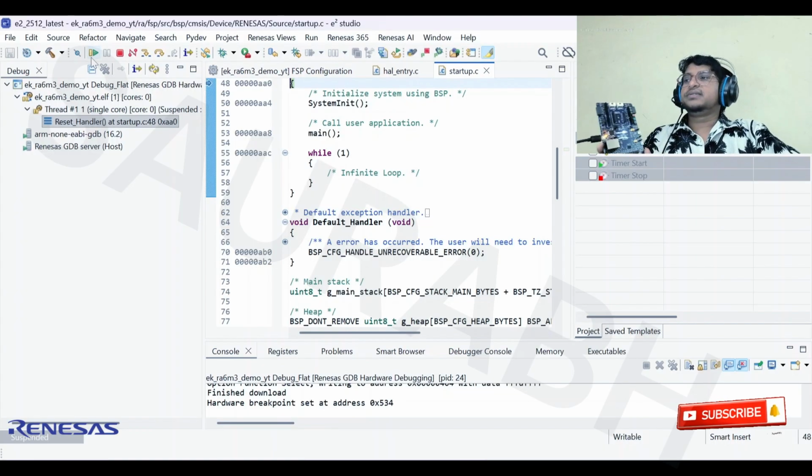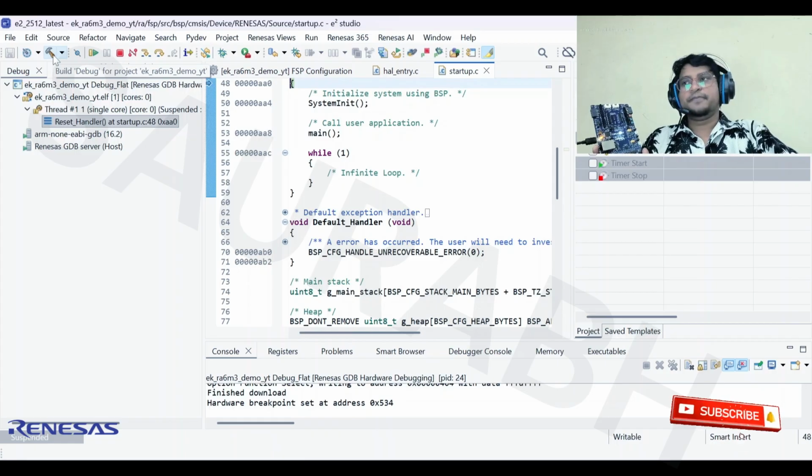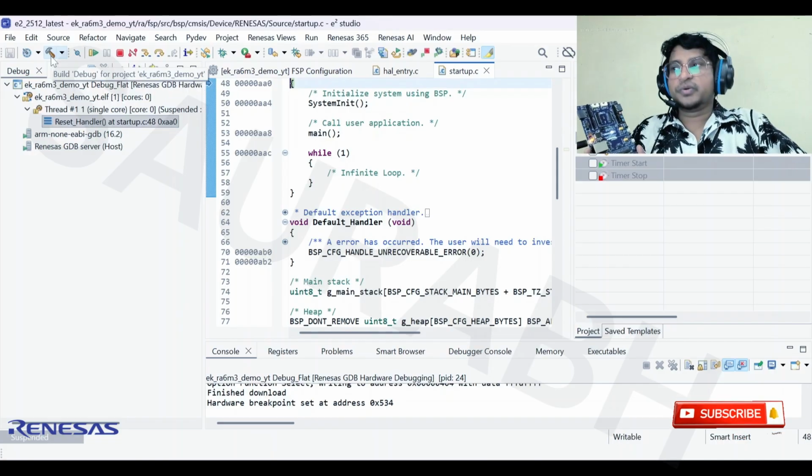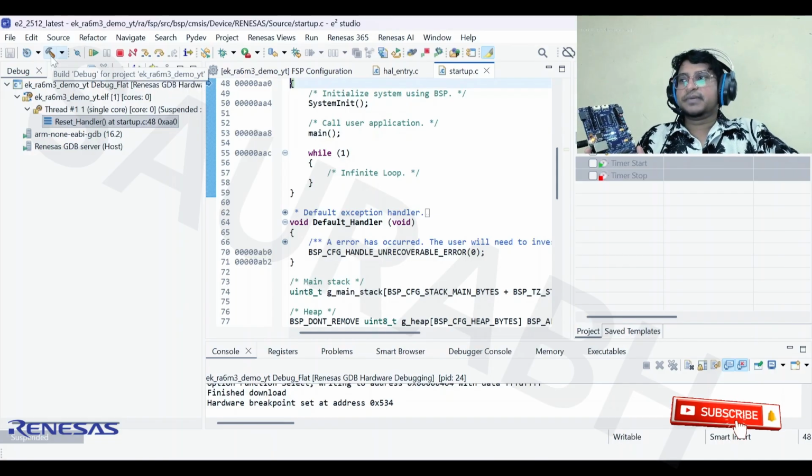You can see here this is the resume or play button. This is the stop button after debug or after starting this code. This is the reset button. I'm going to cover everything available in this tool. This is the hammer, used for build and debug also. At the same time, you can edit the code and click this option, and you'll find that debug and build are going in parallel. No need to separate build and debug.